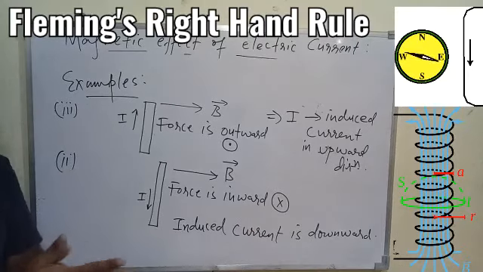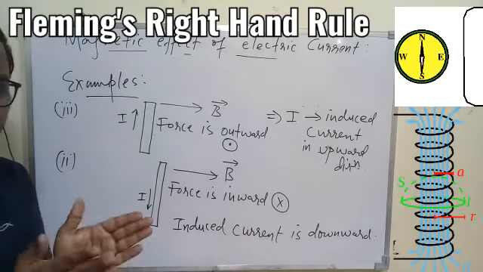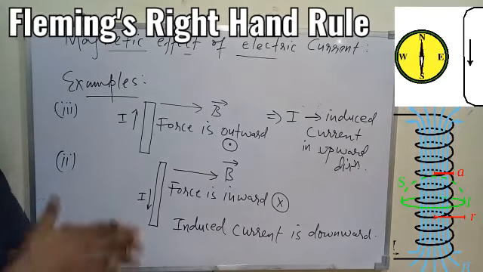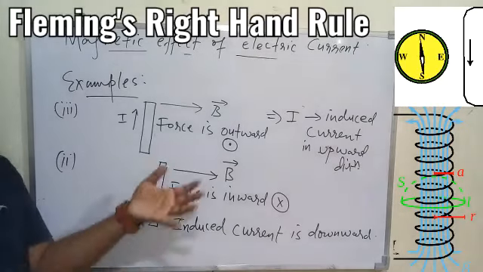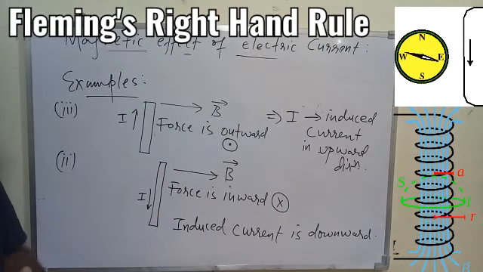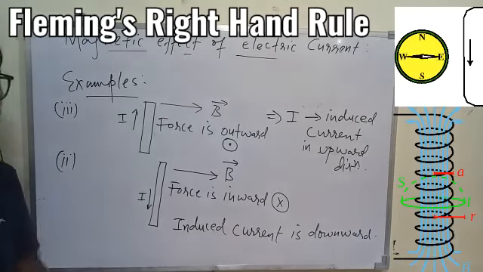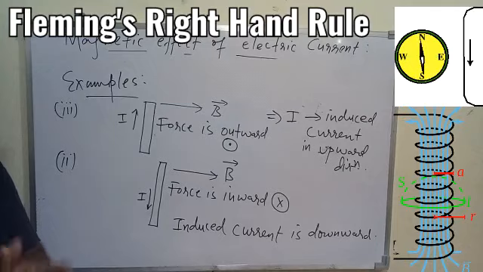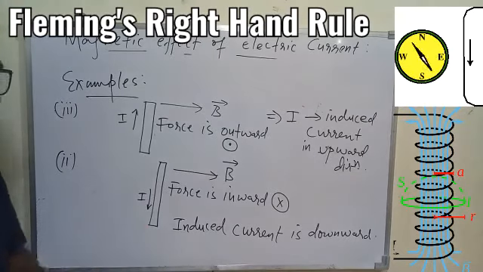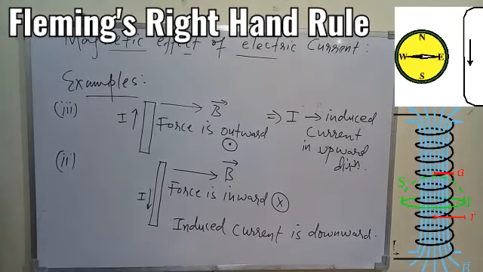So I hope you understood Fleming's right hand rule. This rule we basically apply when we have a straight conductor which is a part of the coil. When we have an entire coil like a circular coil, as we discussed in the previous class, we can apply Lenz's law also to find out if the induced current will be clockwise or anti-clockwise. Based on the condition we can go for either Fleming's right hand rule or Lenz's law, but according to our syllabus, mostly we are going for Fleming's right hand rule. I hope you understood this much.